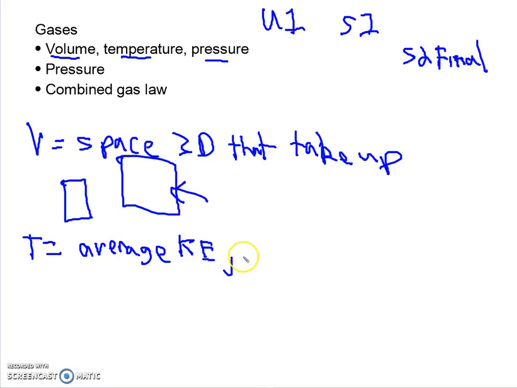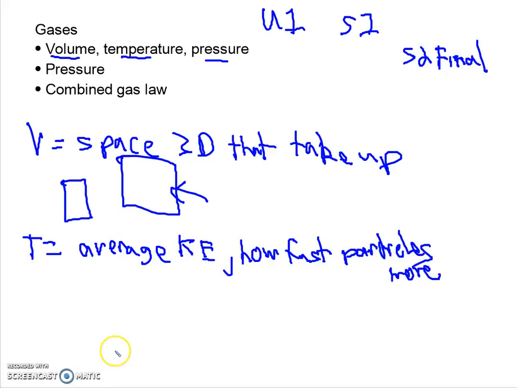But in terms of models and talking about it, a lot of times we just talk about how fast particles are moving. So higher temperature, particles move faster. And then pressure, for a gas, pressure is caused by the collisions of particles